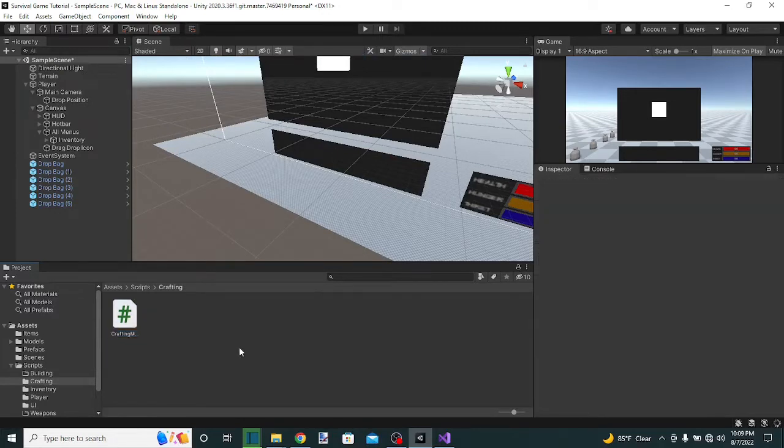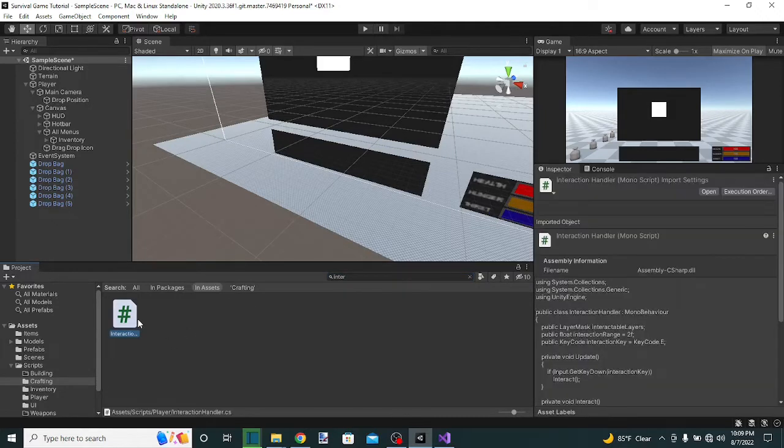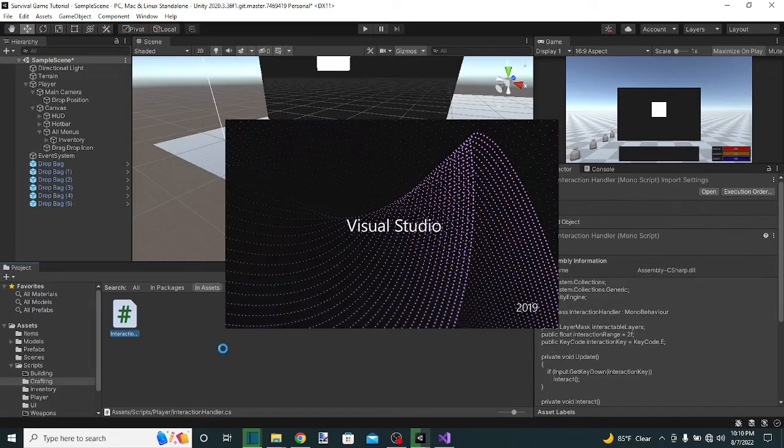And first of all, we're going to go to our interaction handler. Just going to look it up in here. So interaction, there we go. And over here we're going to add a reference to our, not interaction handler, sorry, window handler. That's the one we need. We're basically going to add a crafting manager reference on our window handler, so we can access it from pretty much anywhere inside our player. All we really have to do is get component and parent, window handler, and from there we can access both our crafting and